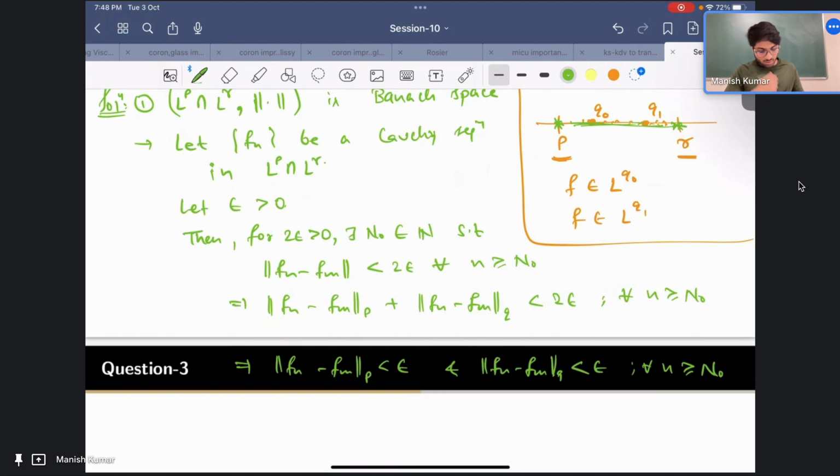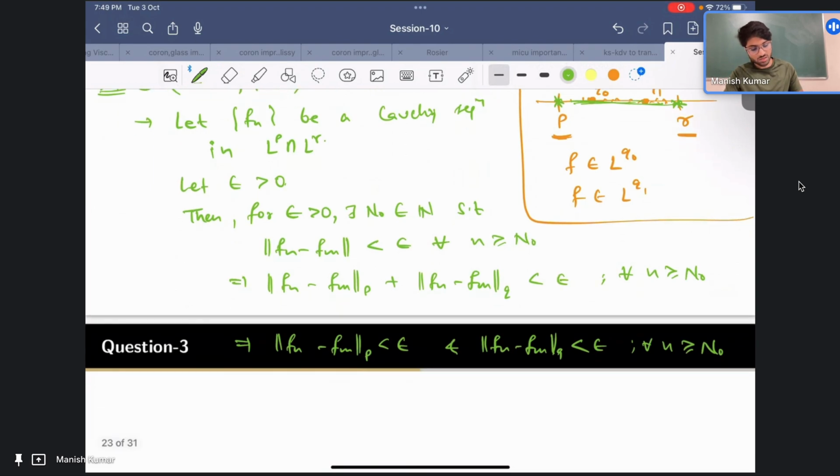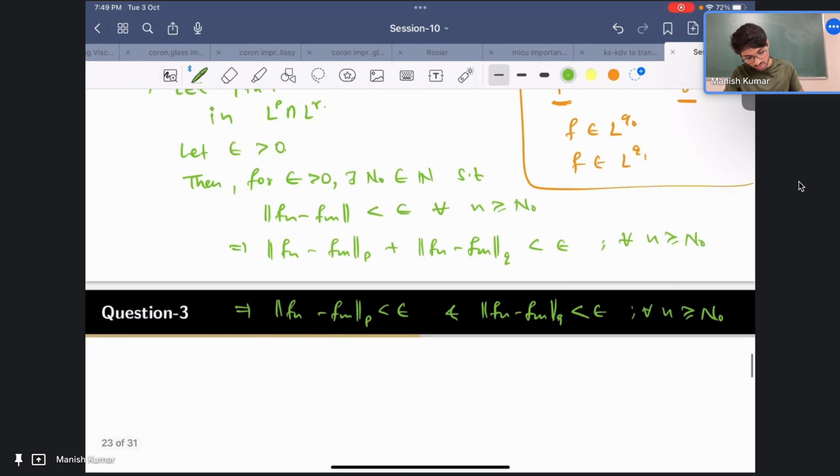Because if any one of them is greater than epsilon, then the sum is also greater than epsilon. So since epsilon was arbitrary, this proves that f_n is Cauchy in L^p